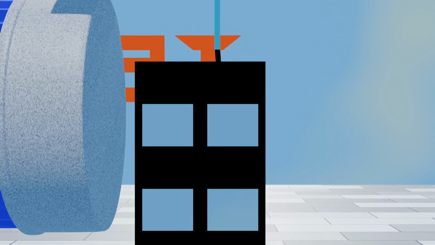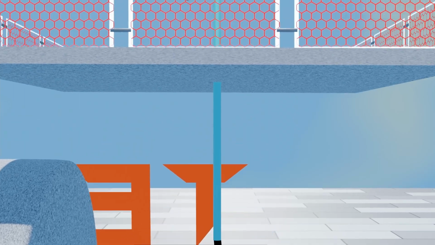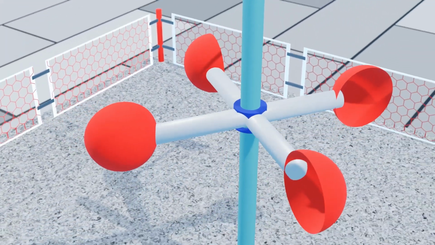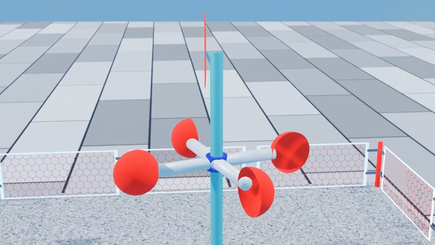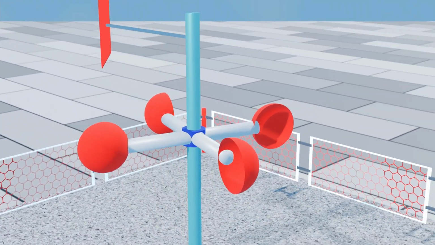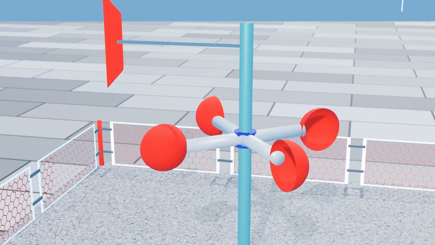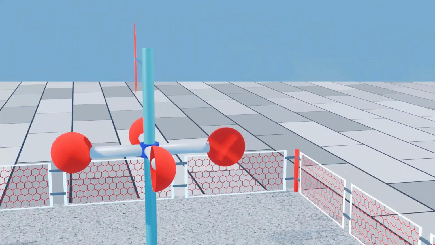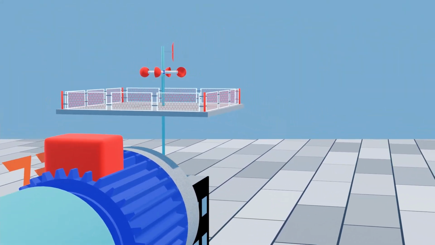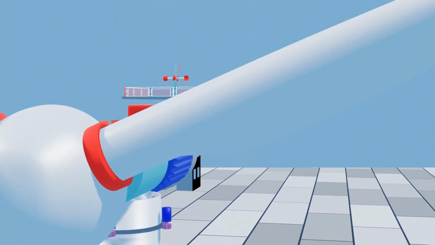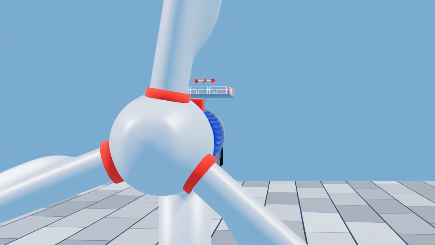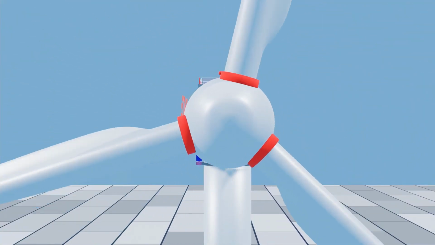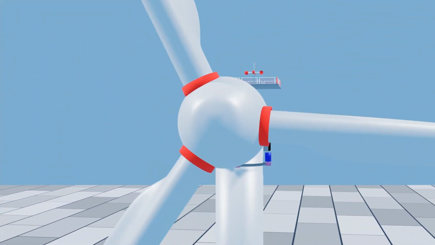On the top of the wind turbine, there is an anemometer and wind vane that measure the wind speed and the direction of the wind and pass the speed and direction information to the turbine controller. And then the turbine controller faces the blades in such a way that they cut the maximum wind. According to the control signal from the turbine controller, pitch drive motors control the angle of the blade. Whenever the wind changes, it rotates the angle of the blade to cut the maximum wind, which is called the pitching of the blade.